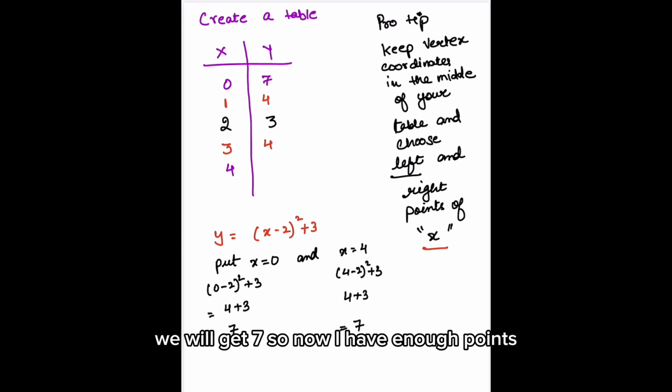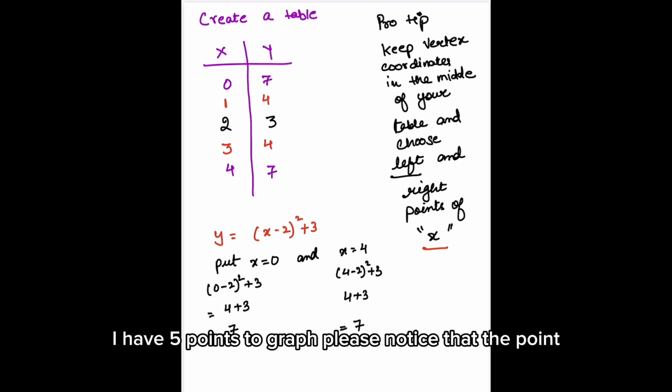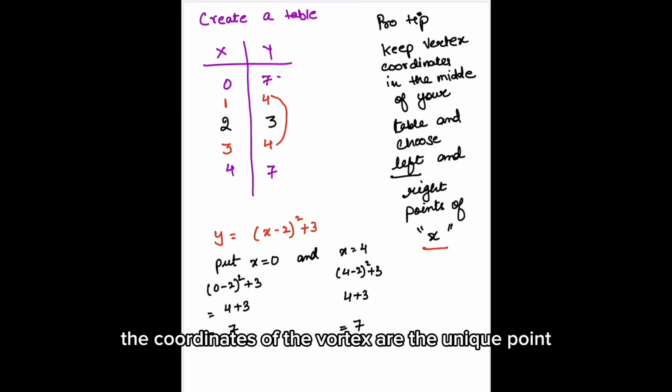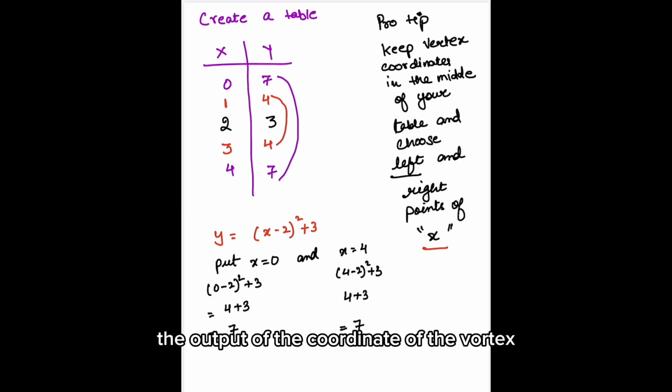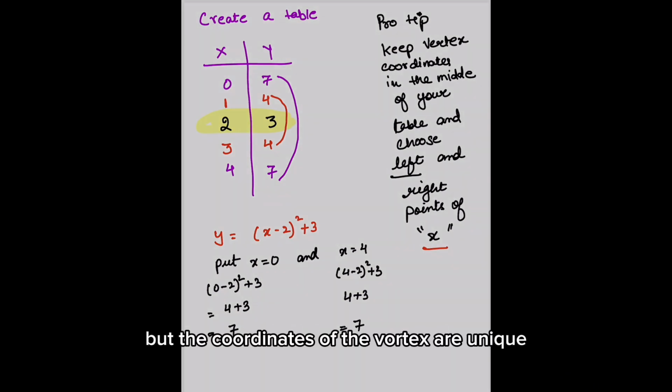So now I have enough points. I have 5 points to graph. Please notice that the coordinates of the vertex are the unique point, as the output of the vertex is not being reflected at any other position. You can see that 4 and 4 are repeated, 7 and 7 are repeated,